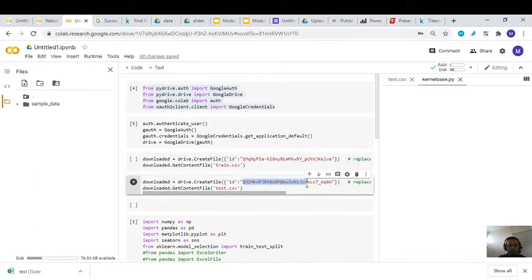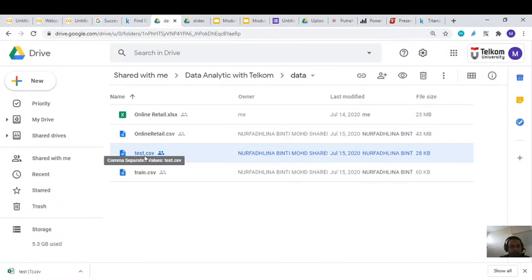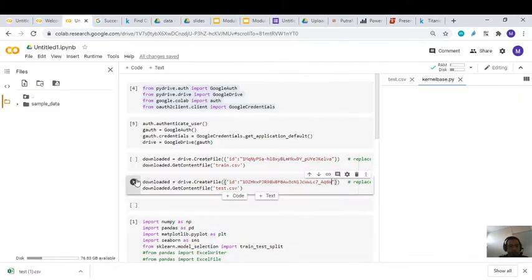Because the data is test.csv, you copy it here, then put this name. The name should be the same as this name. So we use this name, test.csv. So it's the same name. Then after that you can run.